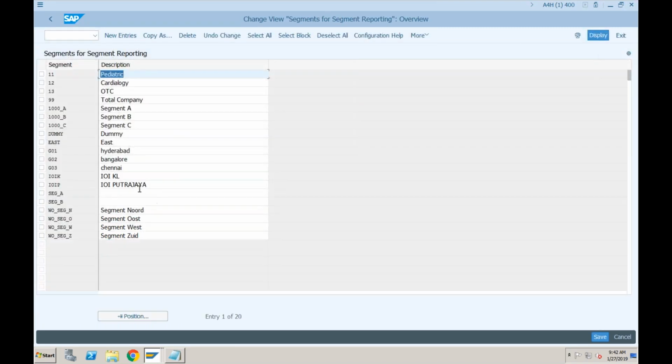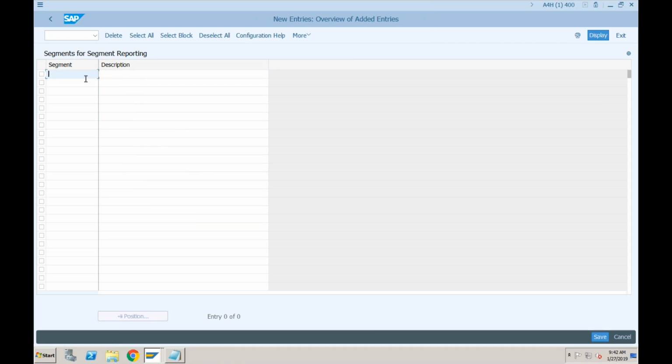Here you can create various different segments. So my 3 segments are fertilizers, insecticides, and pesticides. Just click on save.